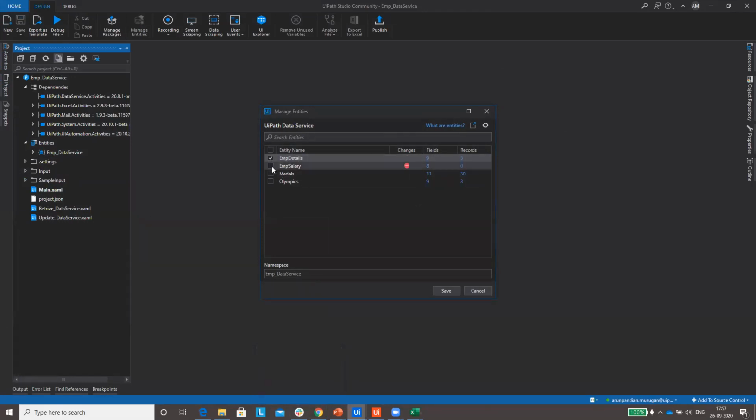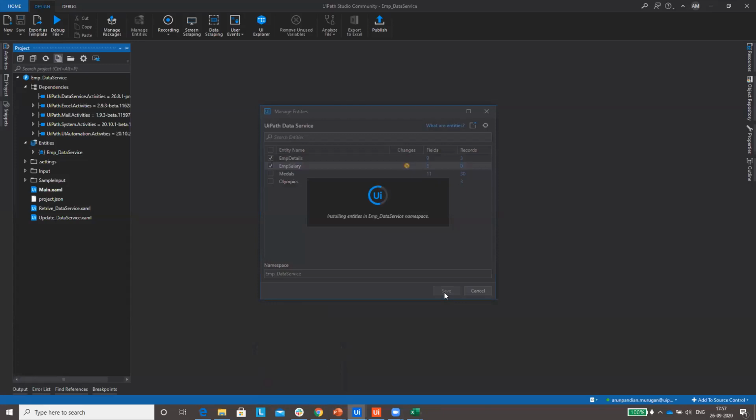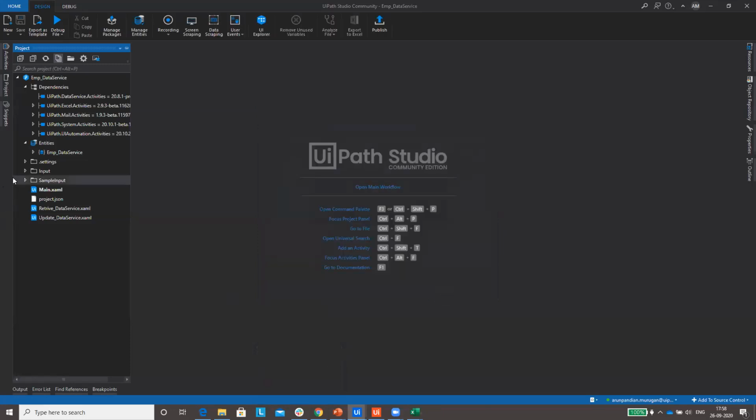Just select whatever entity you want in your particular project and click on save. Now you can see the entity which you created in data services.